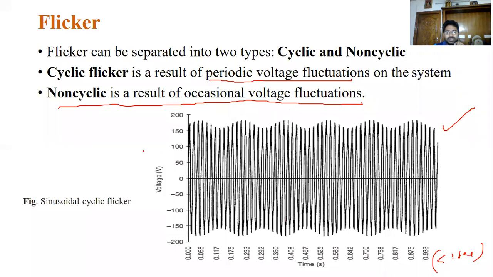So we get the voltage levels like this. You can see these voltage levels. These are the flickers. You can see them in less than 1 second. You can observe how many voltage flickers you get in less than 1 second. Remember, less than 1 second means up to 50 cycles.